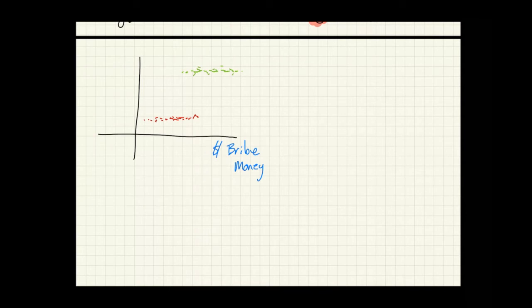If you're in the green group, you're a good kid. And if you're in the red group, you're a naughty kid, like I used to be a lot. The relationship between the two is just binary. Either you're 1 or you're 0. One of the models that we've talked about before is the linear probability model.